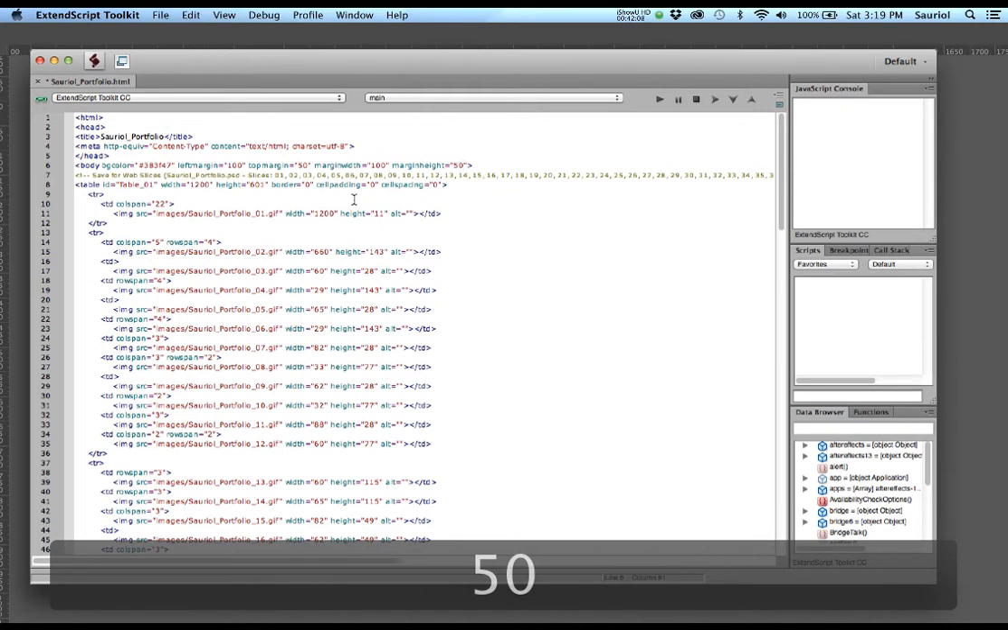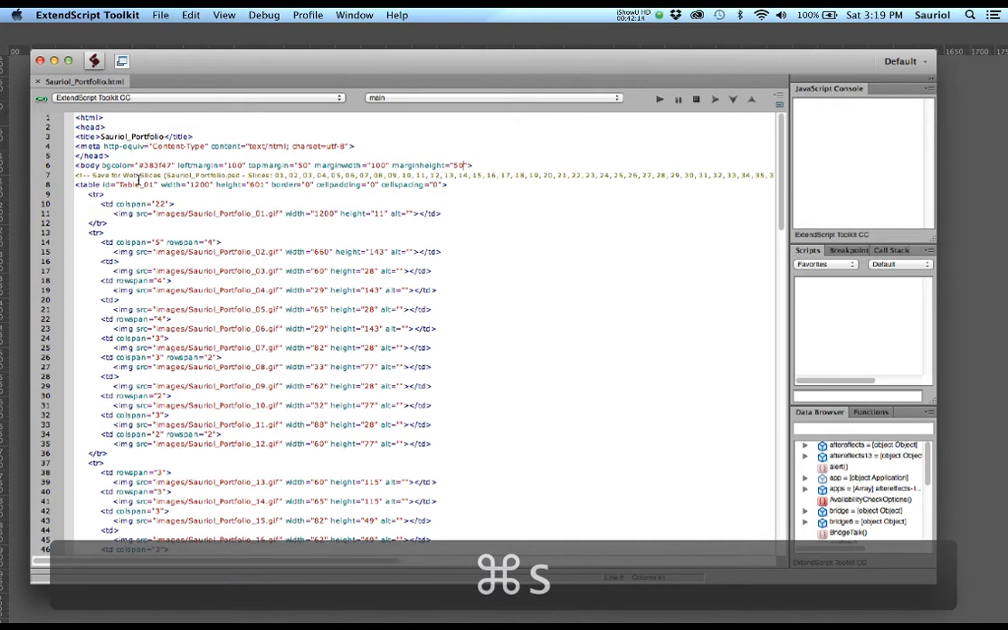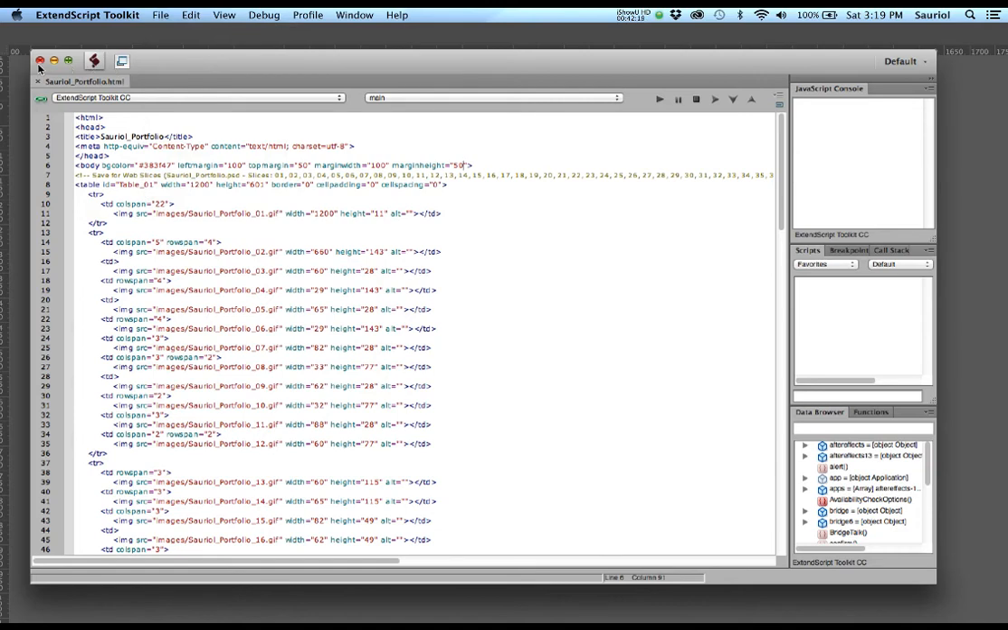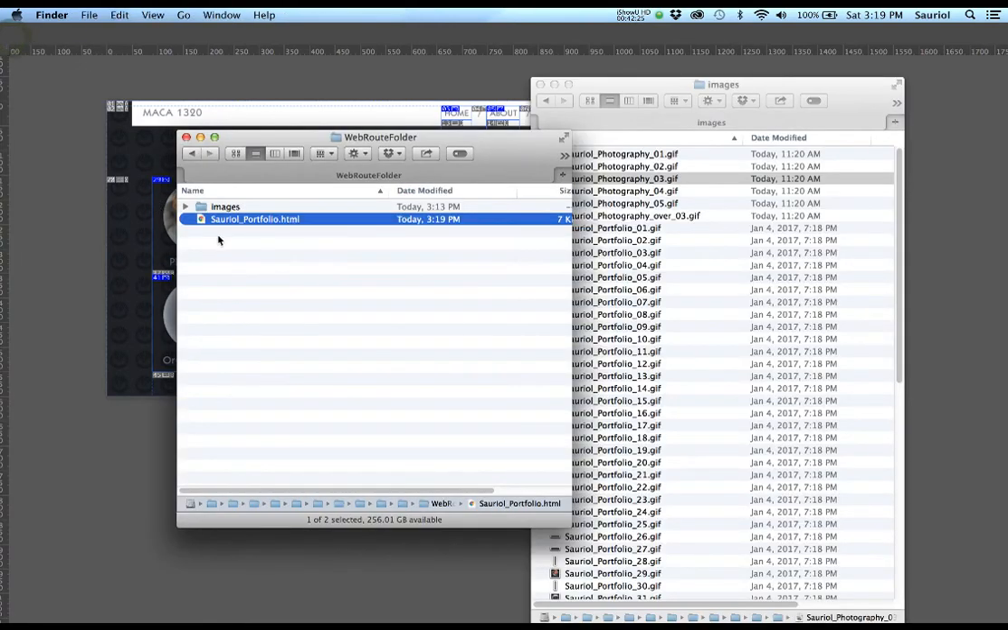And all I'm going to do is to save the file. Command S to save the file. Okay, or File, Save. Okay, now close it. Now let's go back into our folder, and where I double clicked before and it had white, it now has